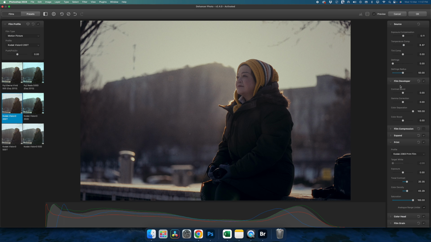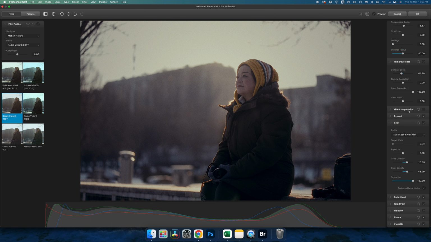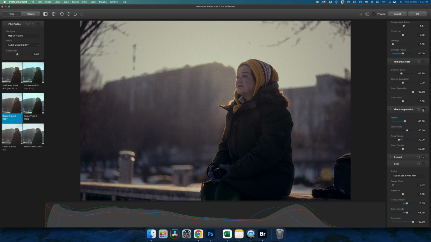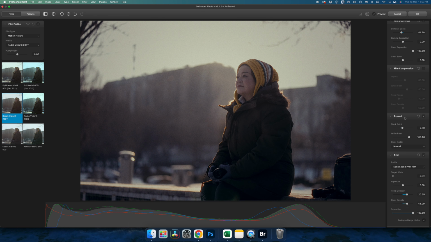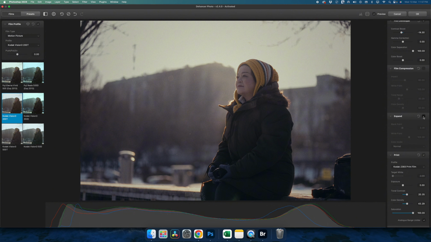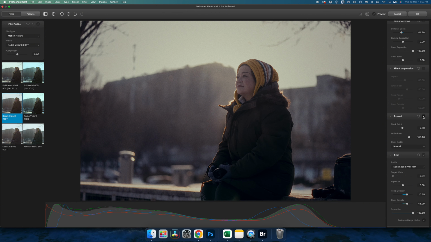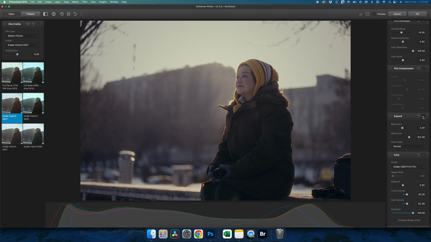Let's look at the film developer here. Contrast, gamma, color separation, and color boost. And if I'm going to reduce the contrast a bit, alright. From compression, I'm not going to do anything on this. Black point, white point, no. See, select and disable. Okay,